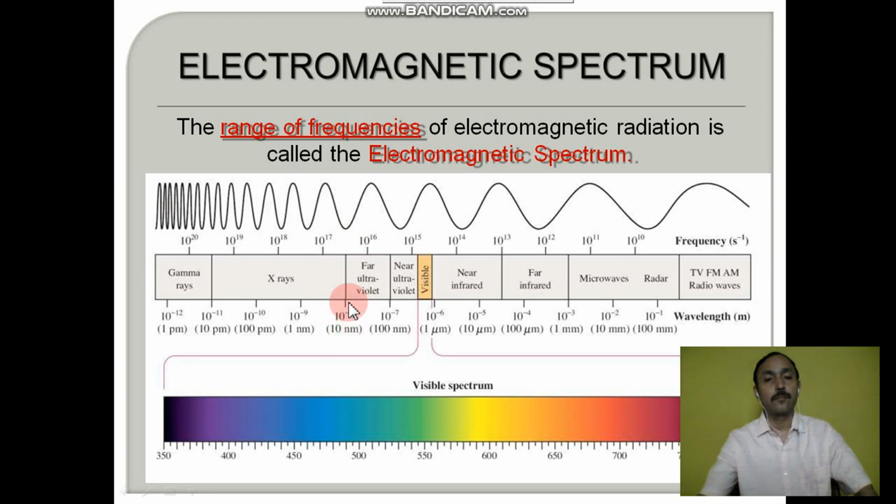When the wavelength is in between 10 nanometer to 100 nanometer, it is far ultraviolet. And 10 to the power minus 7 meter, that means 100 nanometer,